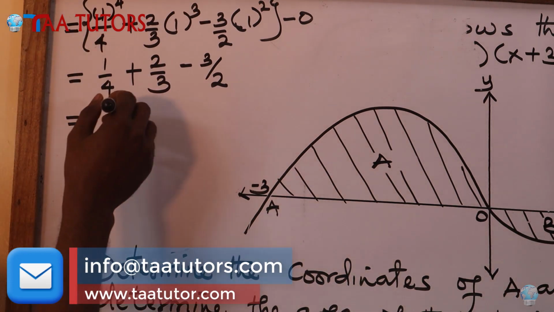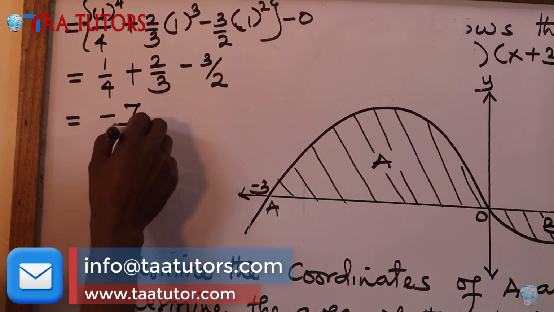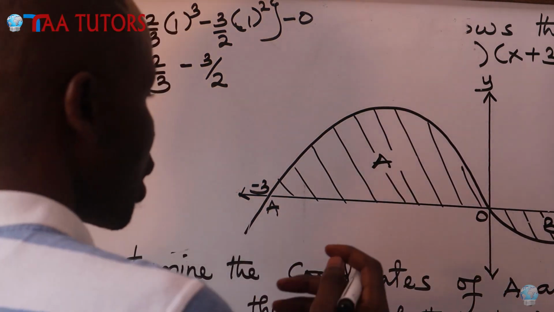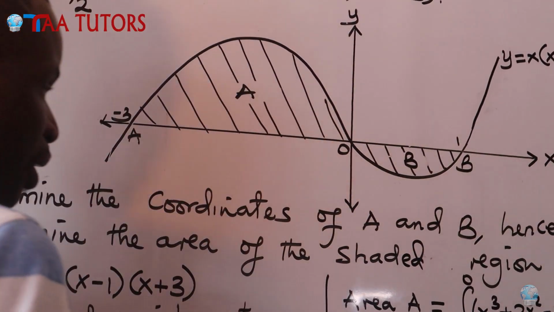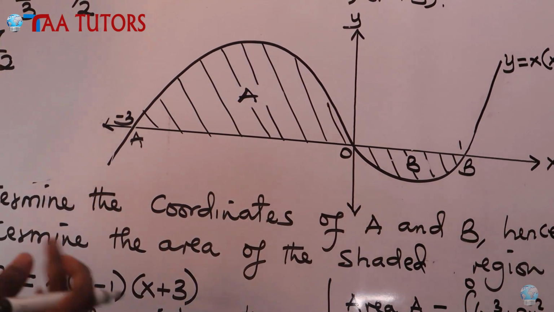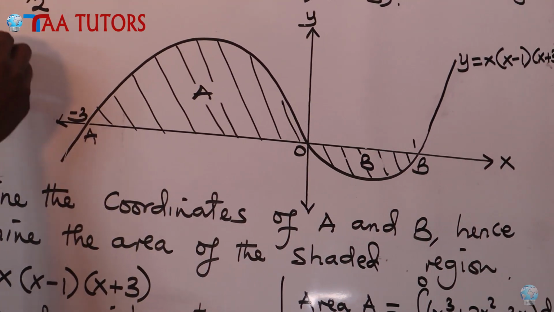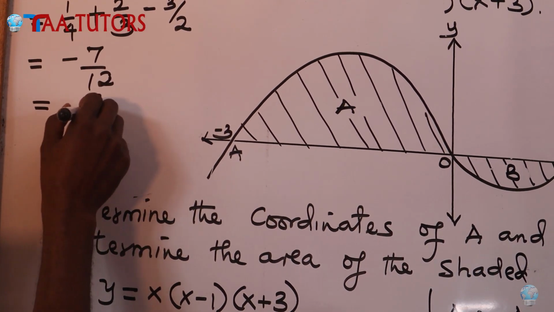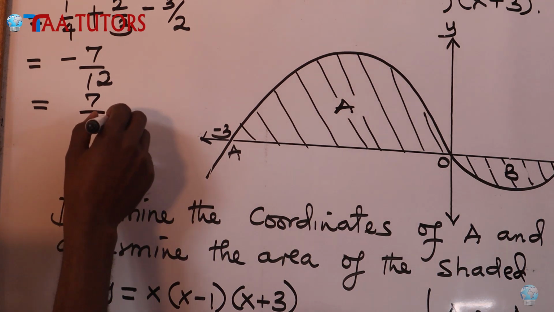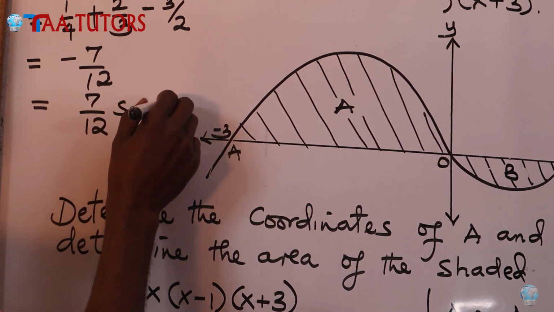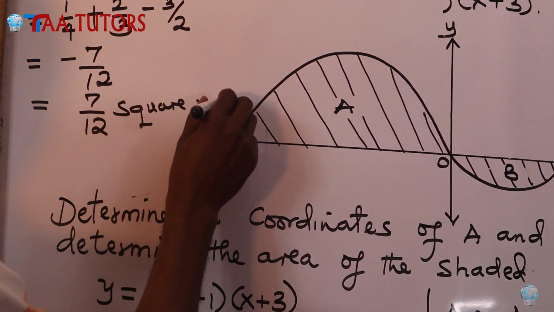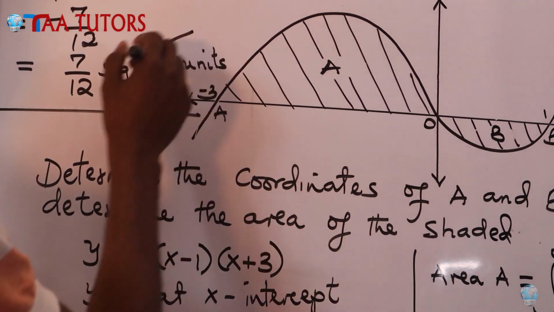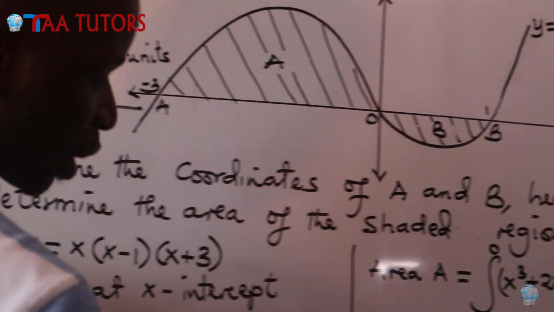I'll get minus 7 over 12. But we said that if you have minus, it tells us that this one here actually is below the x-axis. So what we said with that, we actually ignore the negative. So the area is 7 over 12 square units. So we have got the area up to here of B, and we have got the area of A